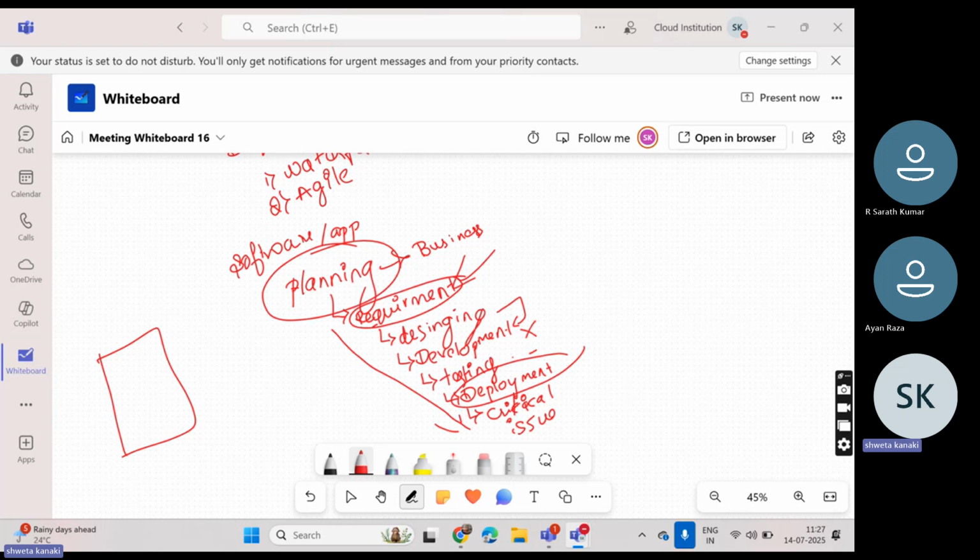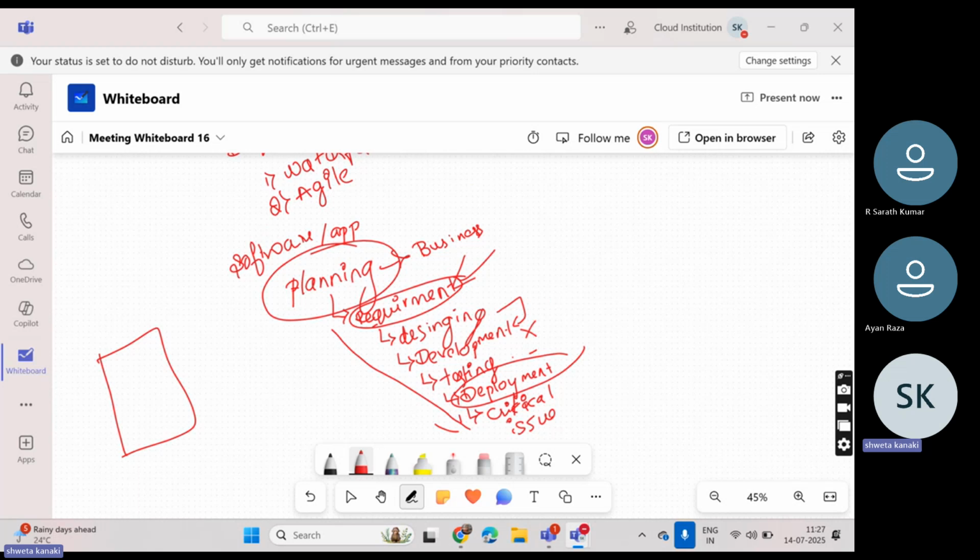So most companies won't use the waterfall methodology for big projects, because if I want to change something... Instagram, you have seen Instagram or Facebook, or any other social media, I don't know which all you use. They will be updating each and every time. If I want to change something, I can change it. That is a big project. Every day, every month or every year, new features will be coming.